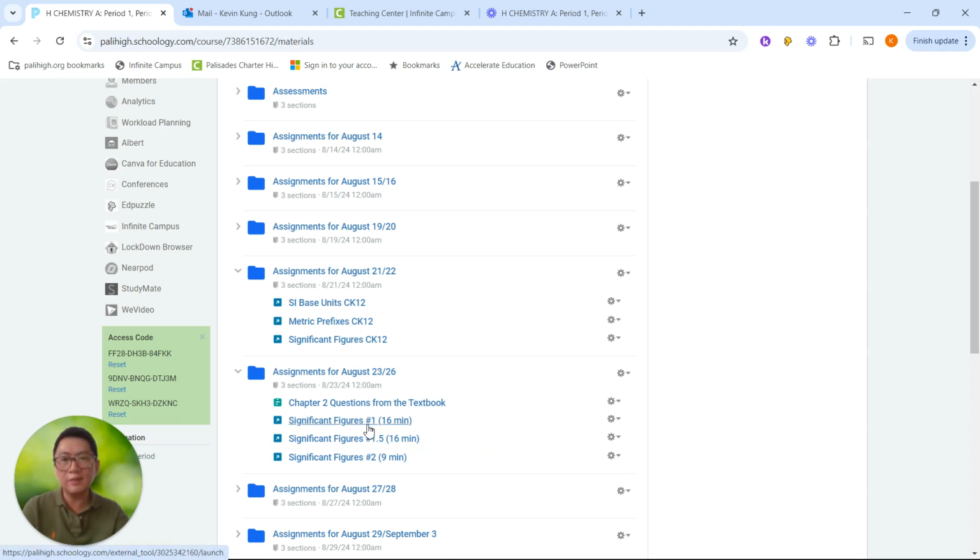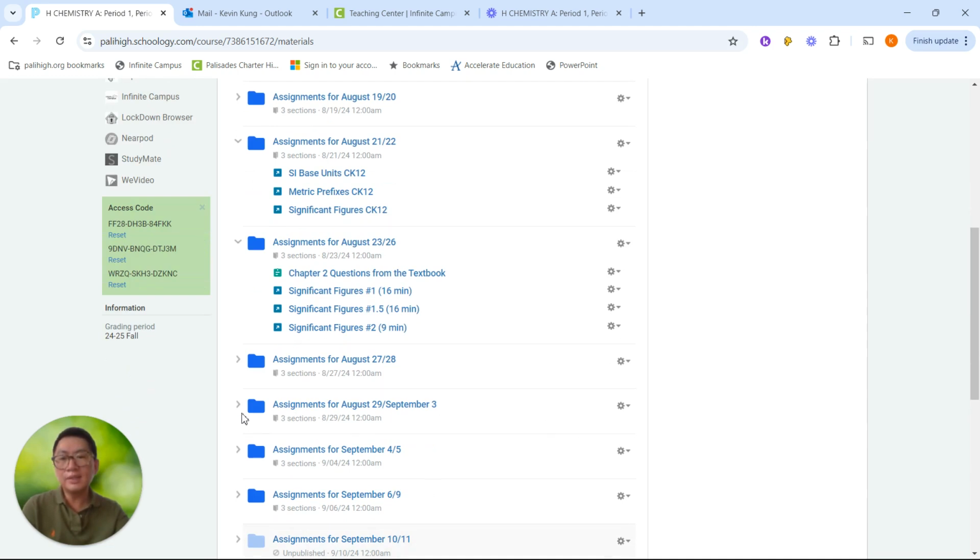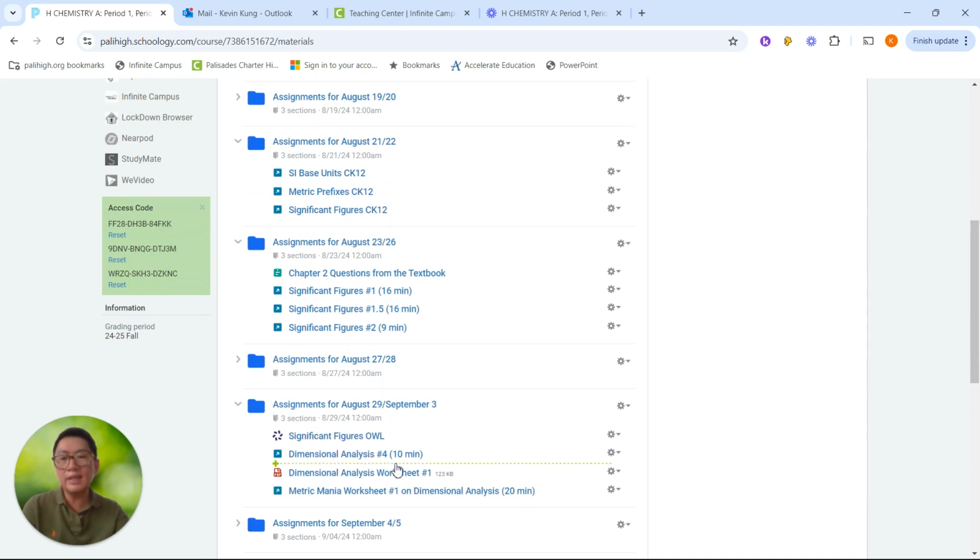So this is about significant figures, and this is a 16-minute assignment or a 9-minute assignment. So that's what students see, and these are the homeworks that they primarily have. Some of them are on paper, but either way, even if it's on paper, technically they turn it in online. But these are just random days with different assignments on here.